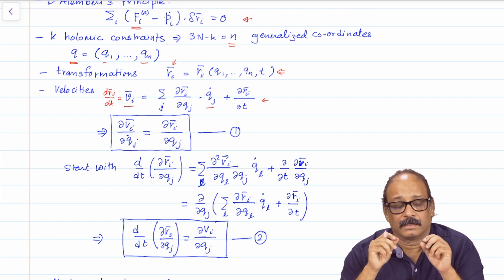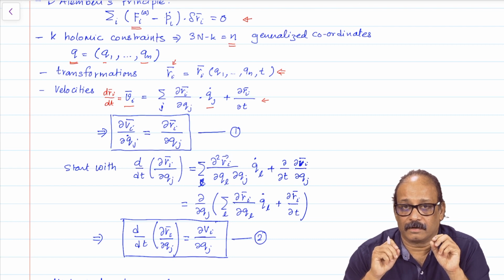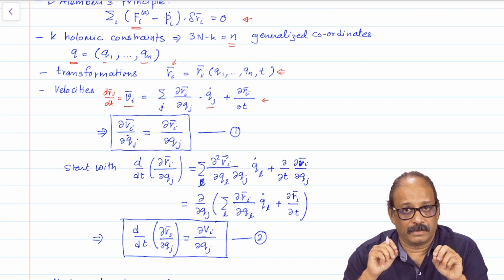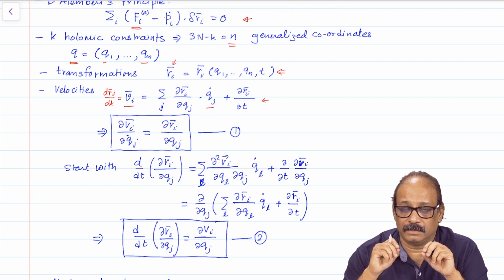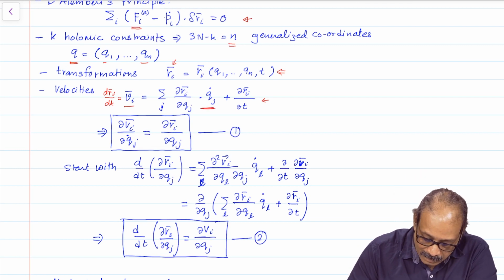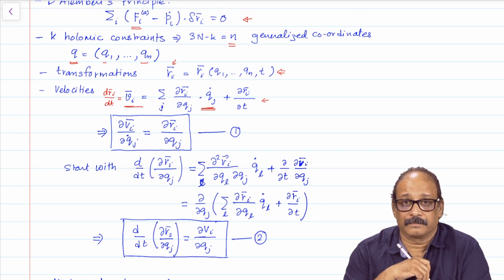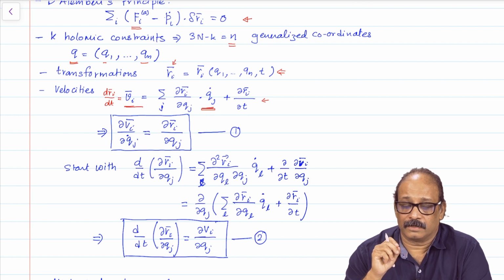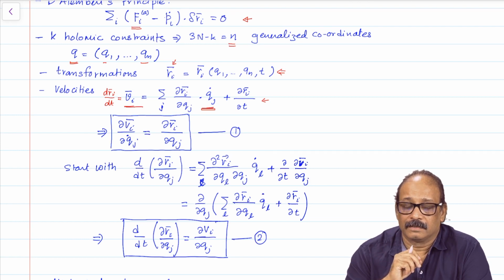And now, you see the positions or Cartesian coordinates were functions of generalized coordinates, but what about the velocity? Velocity is not only a function of generalized coordinates, but also of generalized velocities, because in the expression of velocity generalized velocities appear. The only thing that is nice about it is that it is linear in generalized velocities. So, the velocity of the particle when expressed in terms of generalized velocities is a linear function of